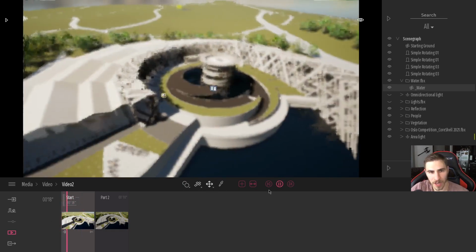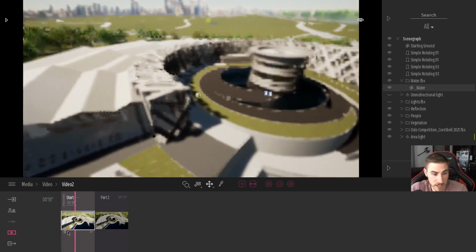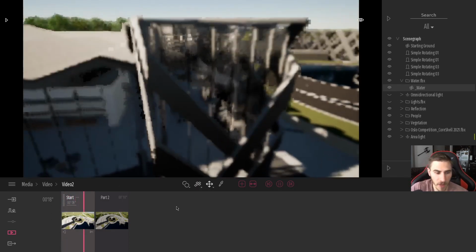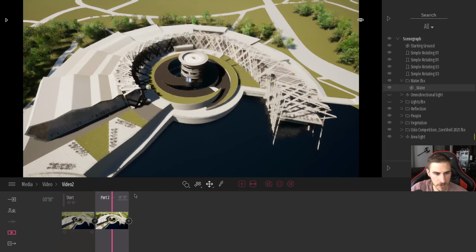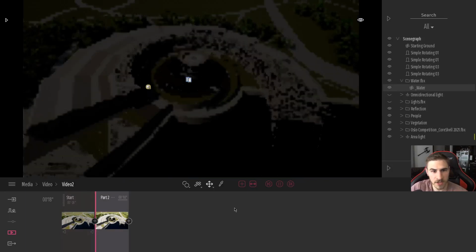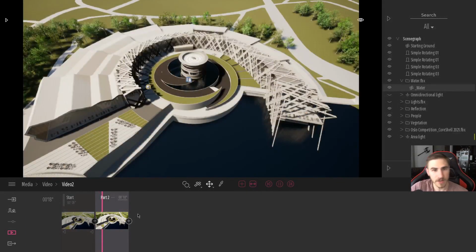I could also fade to white, go back to the beginning. I'm going to start with white and it's going to fade in. It's really up to you. I personally like the fade to black. That's cool. Now, of course, we've got the default cut there at the end, but I can change that to fade to black. And so let's go back to this point here, and we can see what happens at this transition. It fades from black into this new part, into part 2.